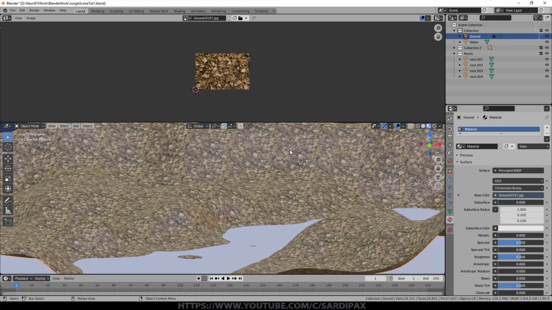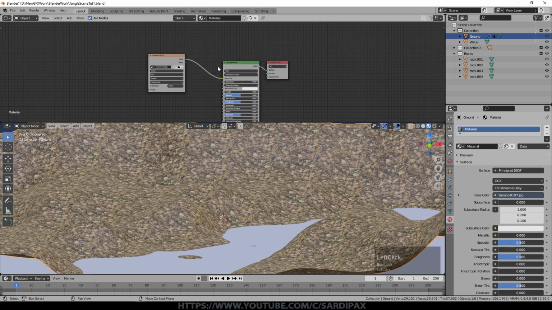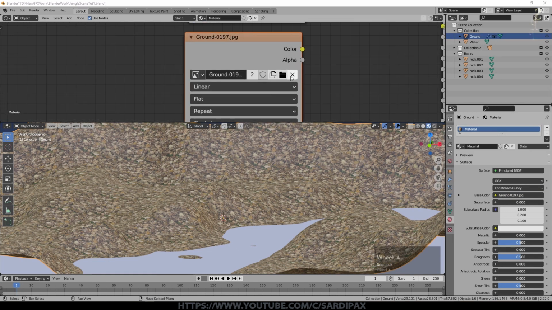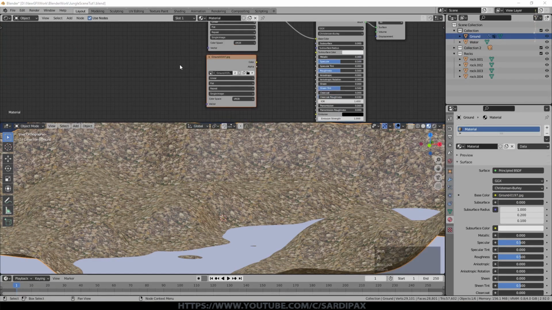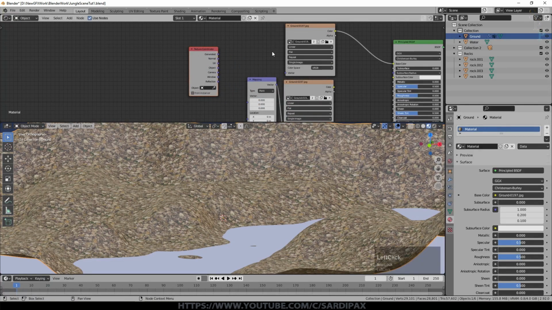However, I don't want the whole ground covered, so I'm going to do a couple of things about that. So we go back to the shader editor, and I'm going to add another texture, which is the same texture, but now I will add a mapping node. I'll put that there and join that into the vector input there. I'm going to add an input, which is a texture coordinate node. We've UV unwrapped this, so I can take the output straight to there and to there.